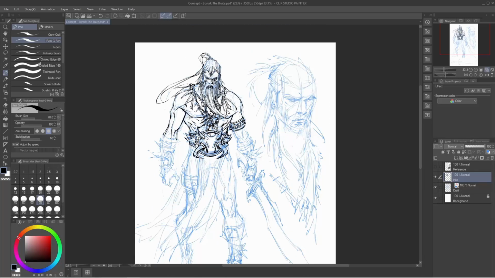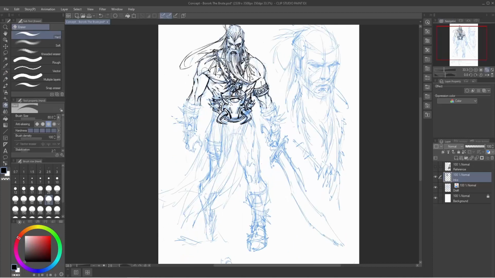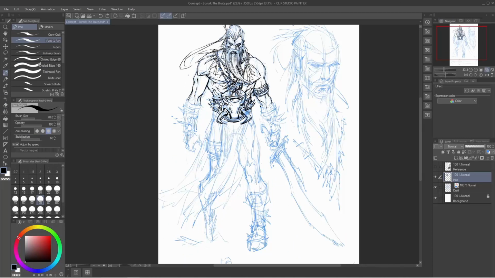And so what does that tell us? Well, it tells us that the details aren't anywhere near as important as the macro visuals that we need to consider when it comes to creating a character design that really sticks with the audience. And what I mean by the macro visuals, I'm talking about the larger elements that contribute greatly to the overall shape of your character. So, if we take a look at Boroq here, you can see that on his armor,